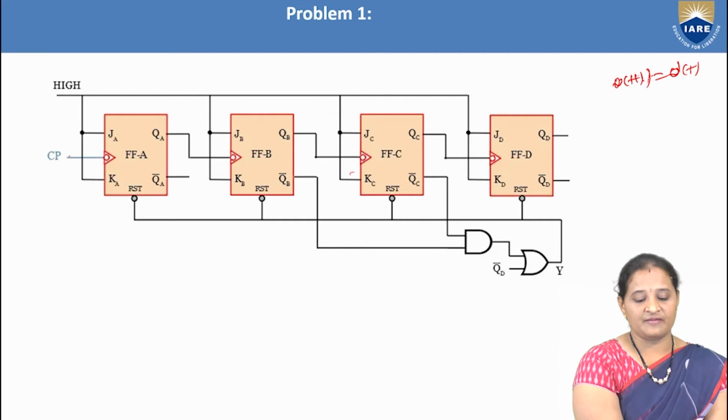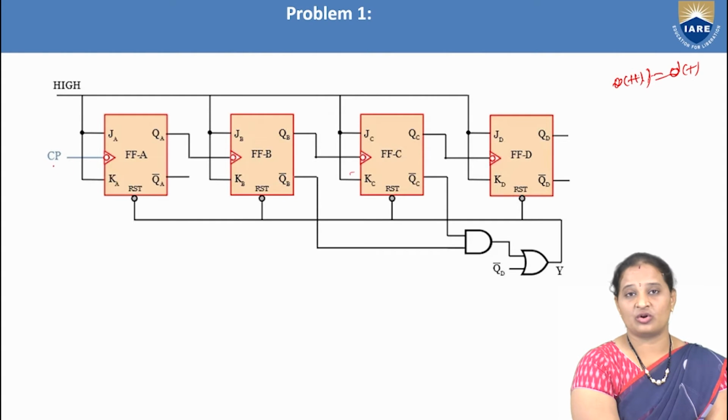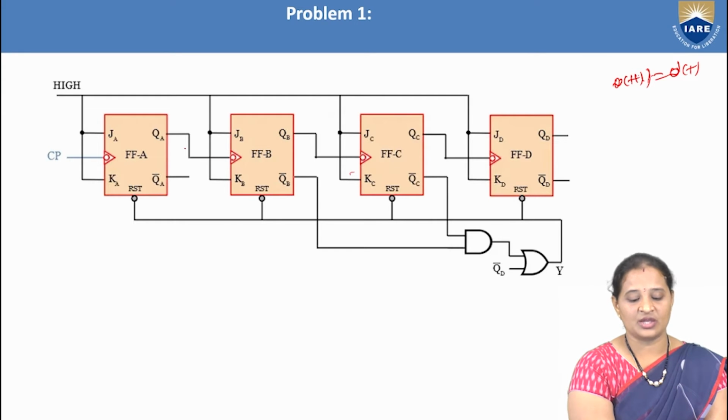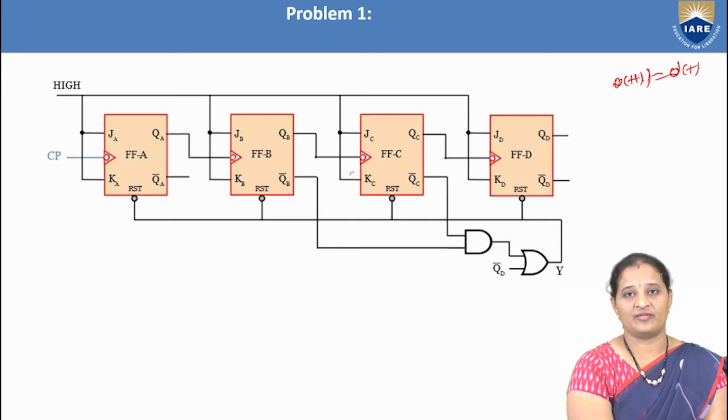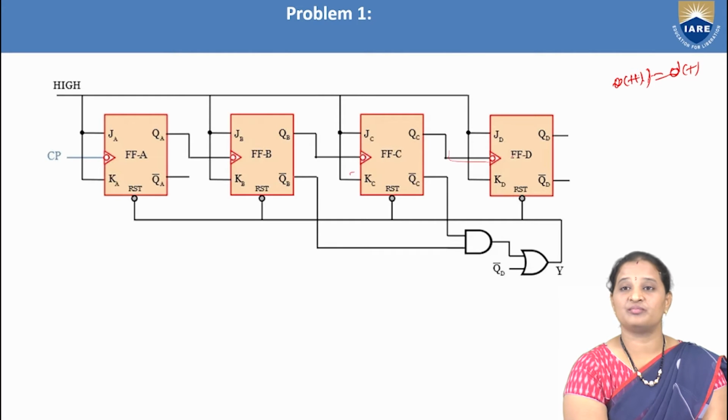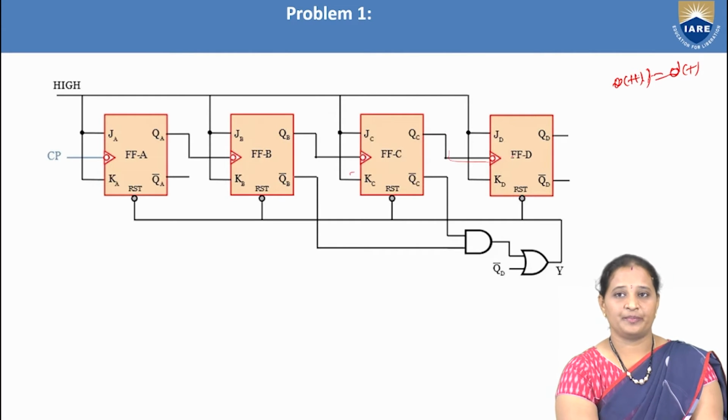And if you see the first flip-flop, we are applying the clock pulse, whose pulses are to be counted. Whereas the second flip-flop's clock pulse is the output of the first flip-flop, which is QA, because I am designing an up counter. If you are designing a down counter, QA bar should be connected as clock to the second flip-flop. You have to remember that. Similarly, the second flip-flop output QB is connected as clock input to the third flip-flop, and the third flip-flop output QC is connected as clock input to the fourth flip-flop.